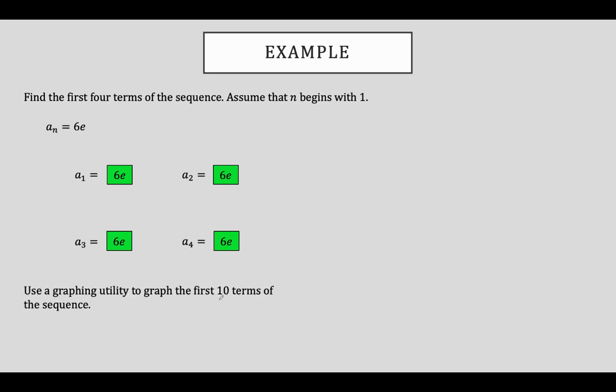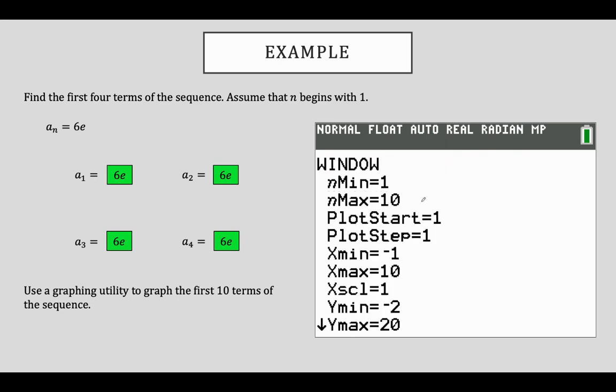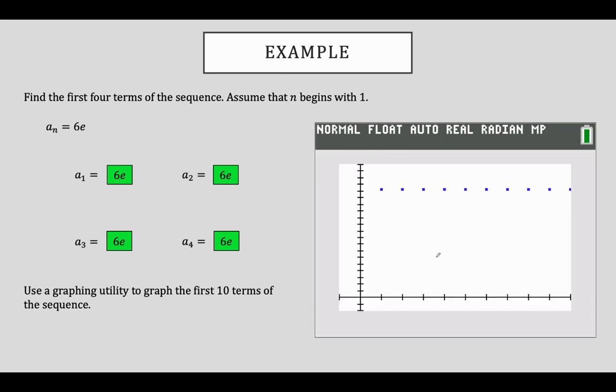Use a graphing utility to graph the first 10 terms of the sequence. So again, we hit y equals. We plug 6e into our sequence here. I've changed my window around a little bit. I've changed my y minimum to negative 2 and my y max to 20. And if I hit graph now, notice we end up with a horizontal plot of points. Each of my outputs for this sequence is going to be 6 times